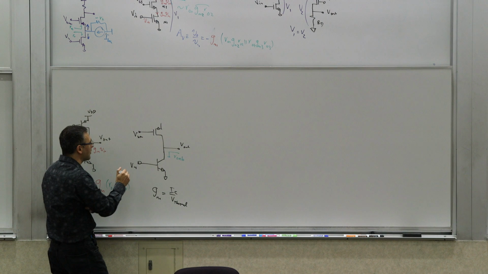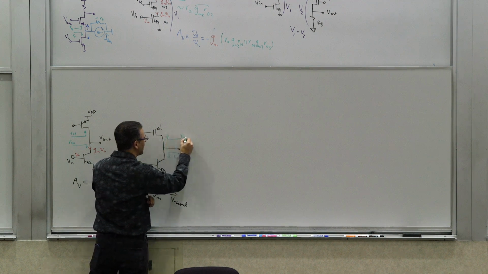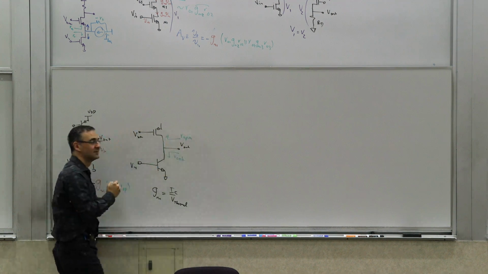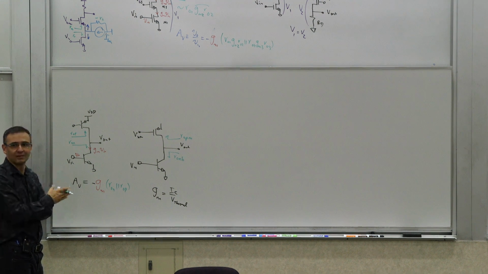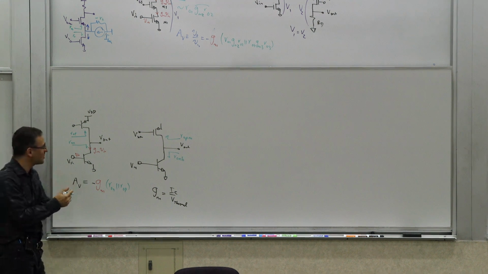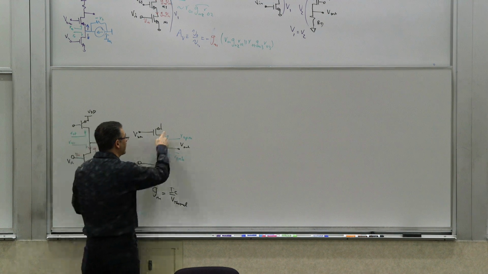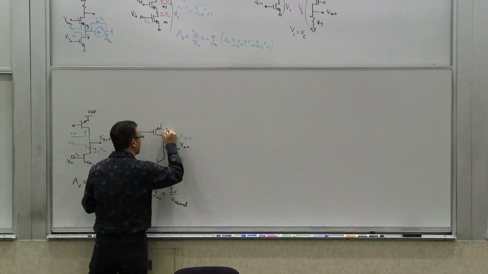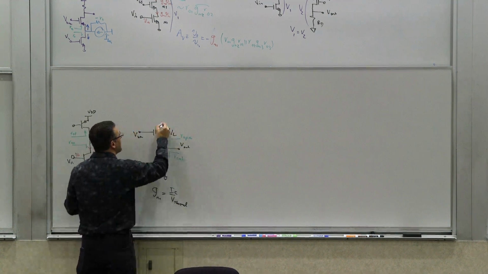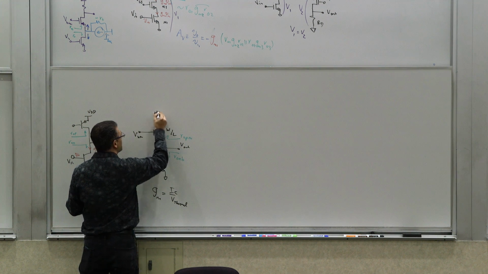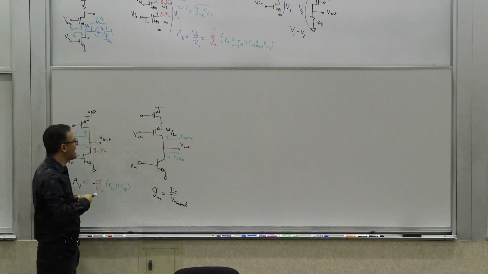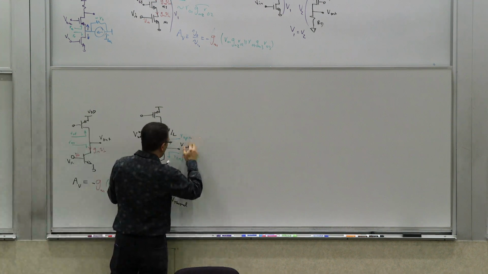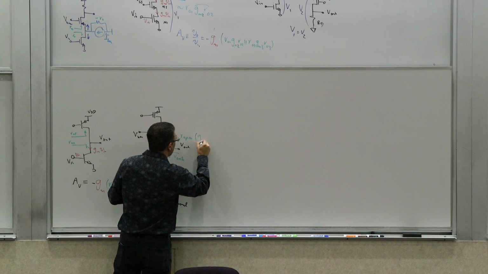Then you have ROP of the MOSFET. That probably is going to be lower than what you get from this, unless you make it large. Or you could either make the L large here, because you have control over W over L, or if you don't want to do that, you say, oh, that gives me too much capacitance here, etc. For some reason, I don't want to deal with that. Then I can cascode it. And instead, I will get ROMP times GMP